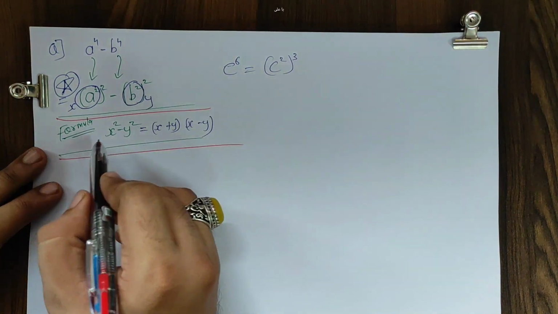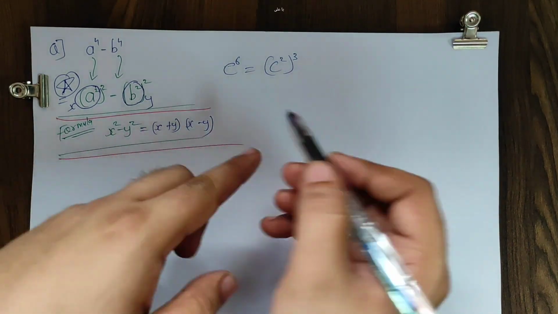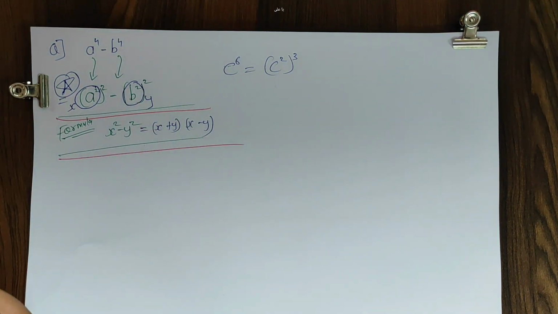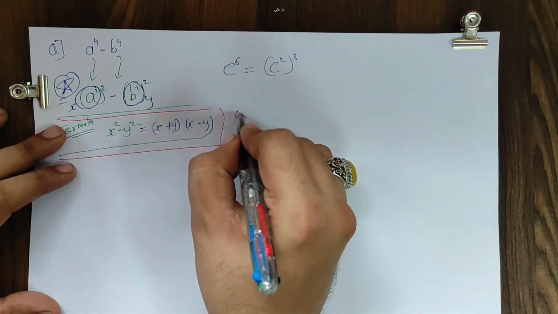Okay, so formula is x square minus y square is (x plus y)(x minus y). In my submind I can say, मेरे submind में यहाँ पे मेरा x किसकी तरह है?